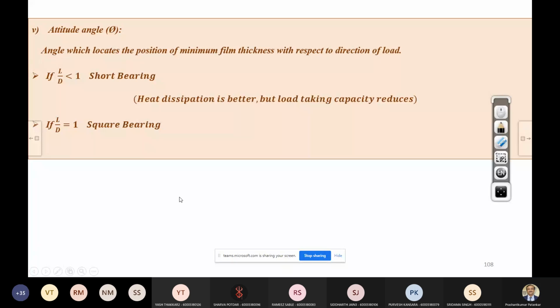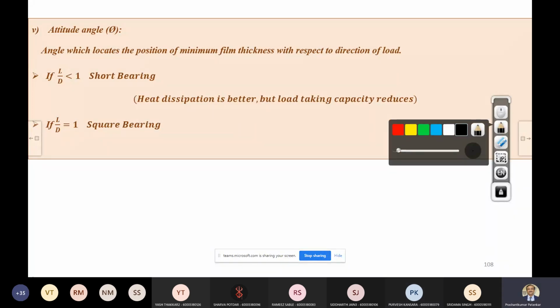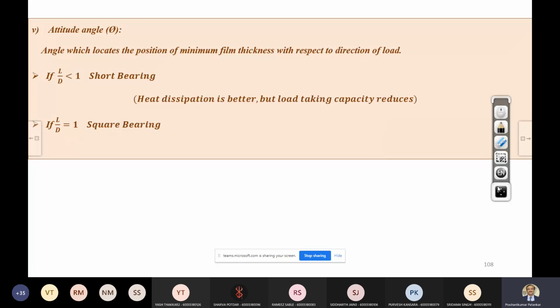Bachcha log? Hello. So could you repeat it again? See what I was talking about